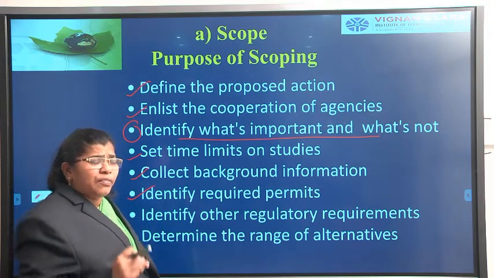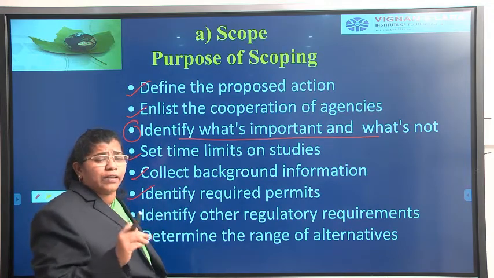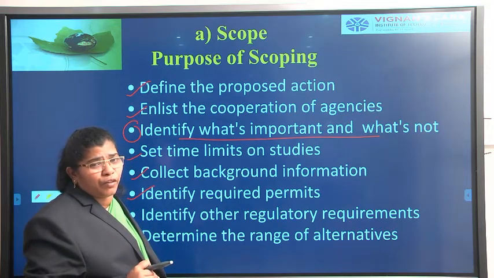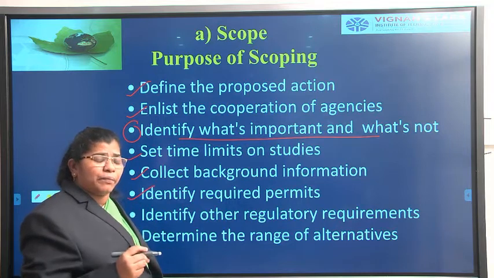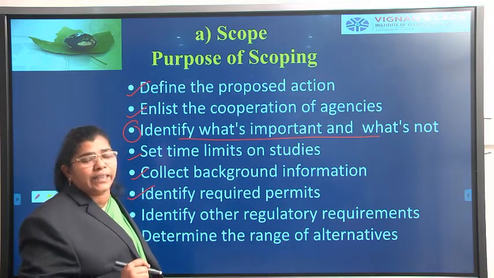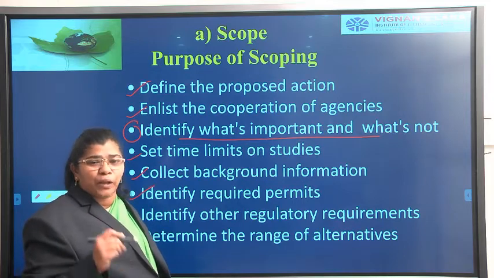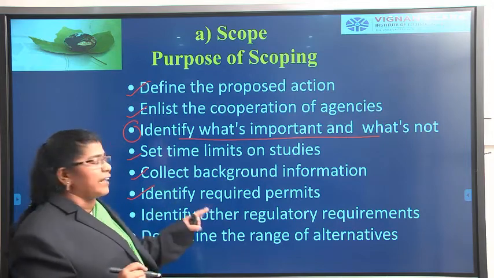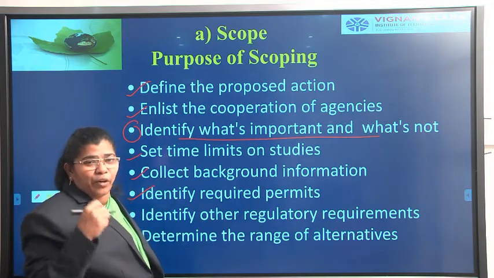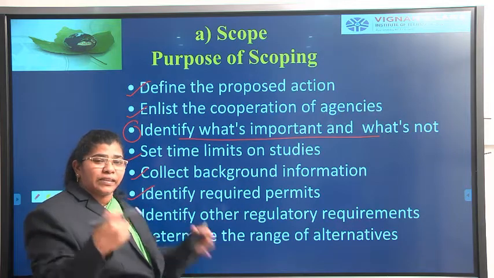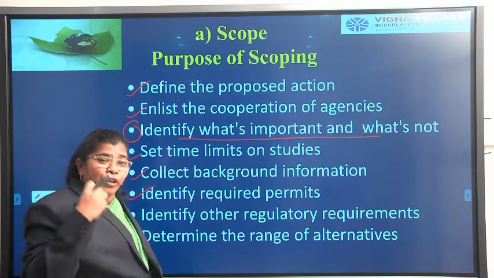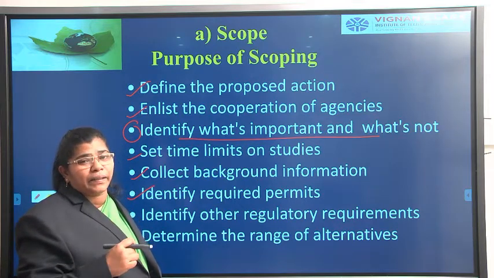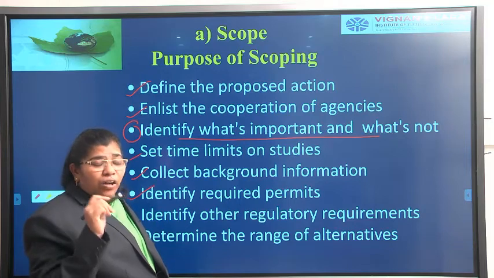If I am going to have a building near a forest, I have to get a no objection certificate from the reserve forest area. If I am going to do a project inside a city or a town, I have to get it from the corporation or a panchayat. That is a no objection certificate. So all the required permits. Even if I am going to dump waste somewhere, I have to get a permit. If I am going to dump the waste in river water or a flowing stream nearby, I have to get a proper permit and ensure that the limits are followed.